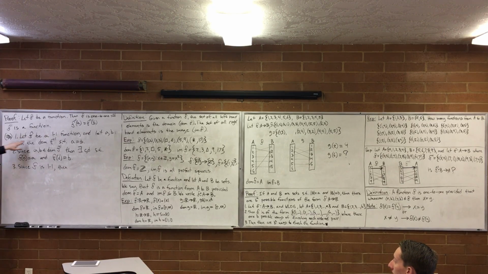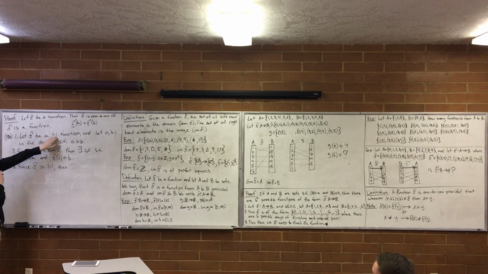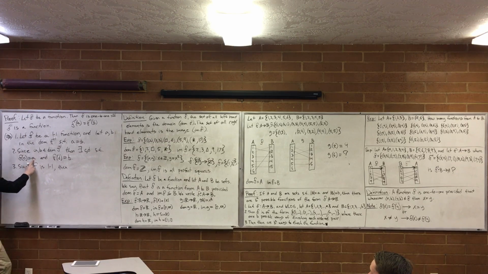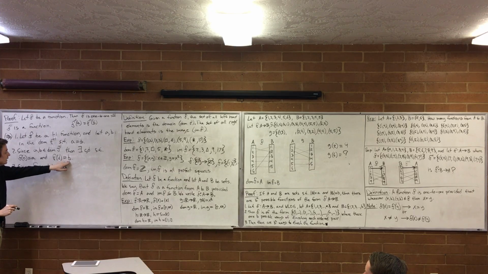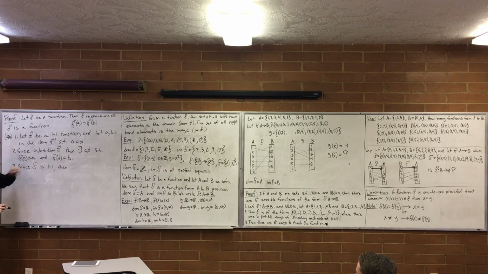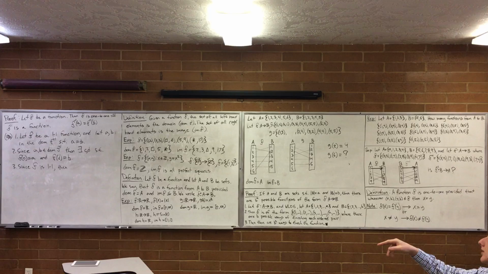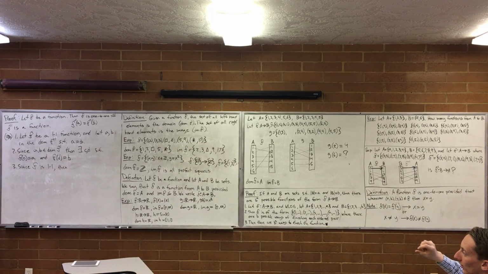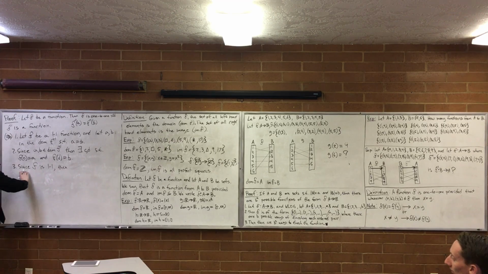Let's see. f is one-to-one. What does that mean? That means anytime its outputs are equal, its inputs are equal. So we need to make those outputs equal. So say A is the output of C and B is the output of D. A and B equal implies C and D are equal. You would need to write down what the inverse of that is and then show that they're equal, right?